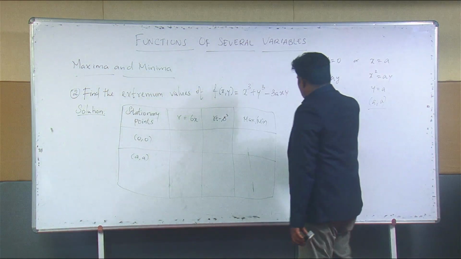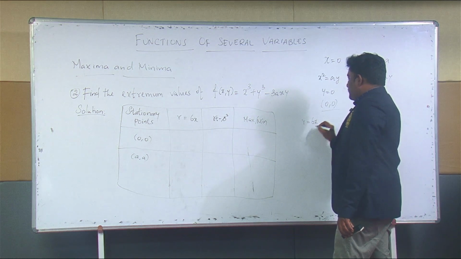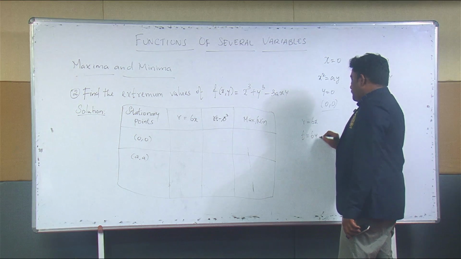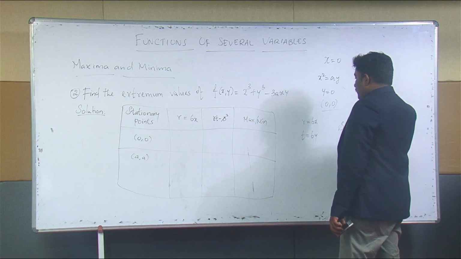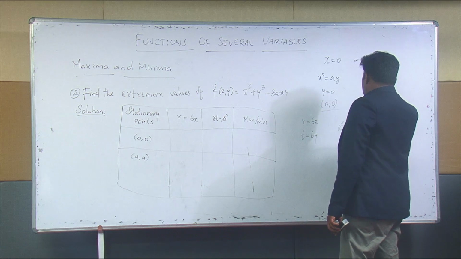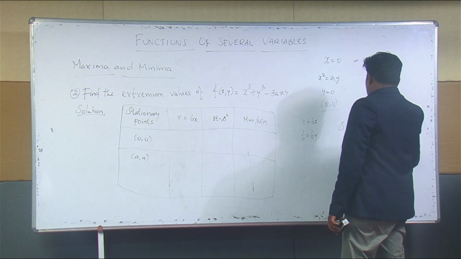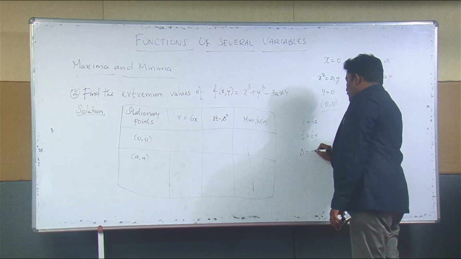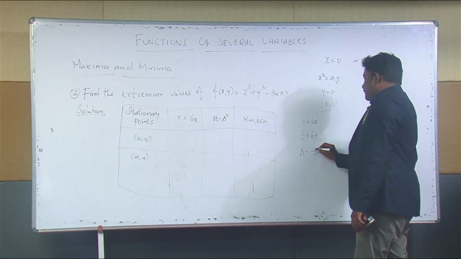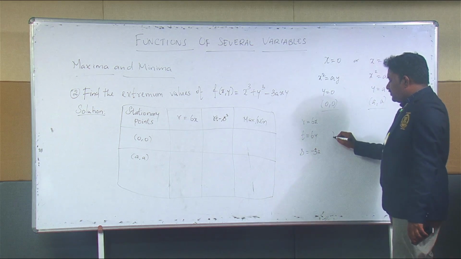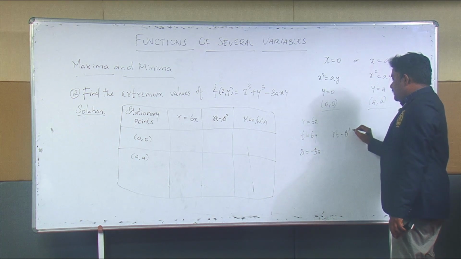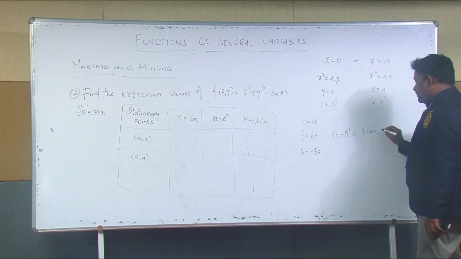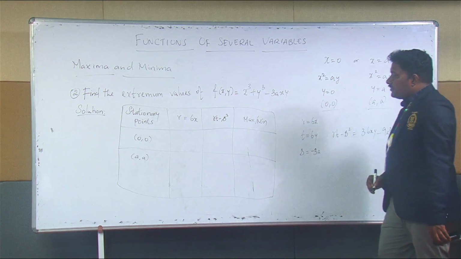So already we know that r value is 6x, and t value is 6y. So this s value is equal to −3a. Yes. So if you find this rt − s², it will become